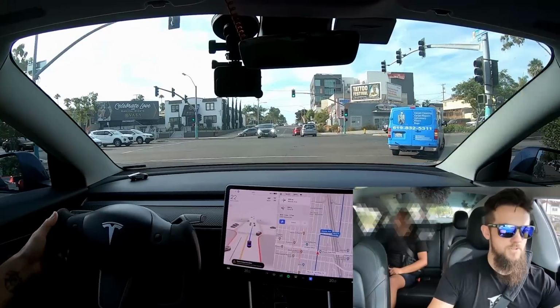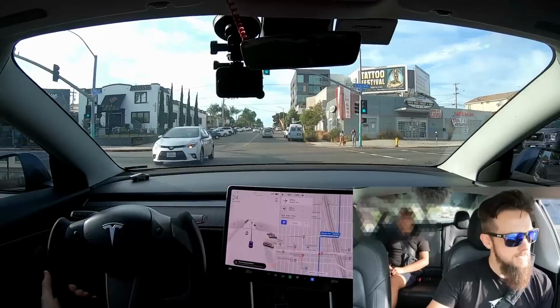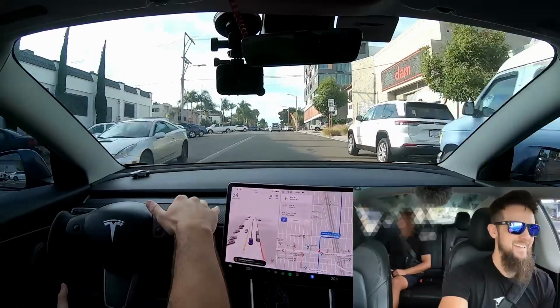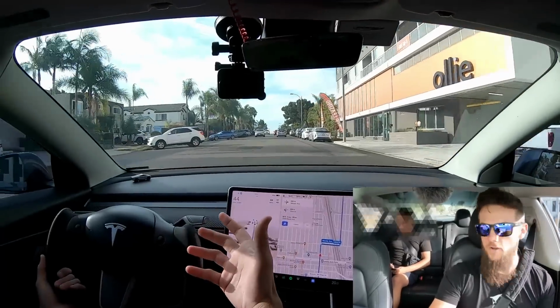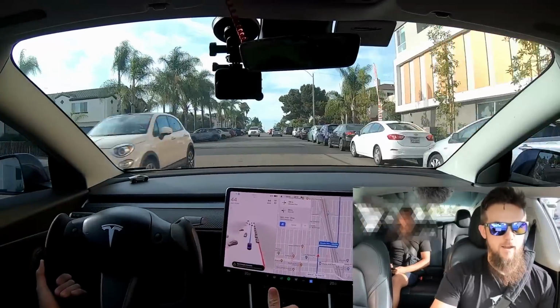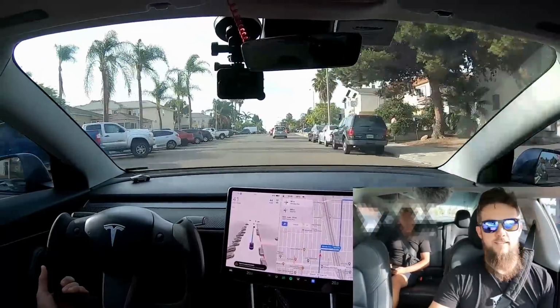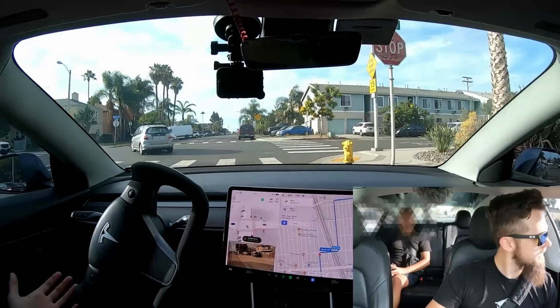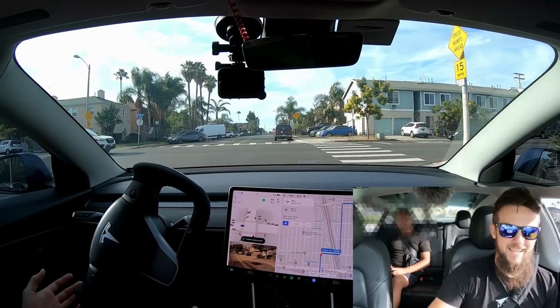There might be this blue truck is really throwing it off, and this is just a show. Oh my gosh. Humans don't understand what yielding at a green light means, and the car is acting up on top of that. But you can see how quickly I'm able to take over, just like cruise control. I just tap the brake, grab the wheel, and it's immediate. And then I can immediately shoot that data back to Tesla. My goodness, why are you so aggressive right now? It's so weird. It's been so chill all day, and right now it's like...